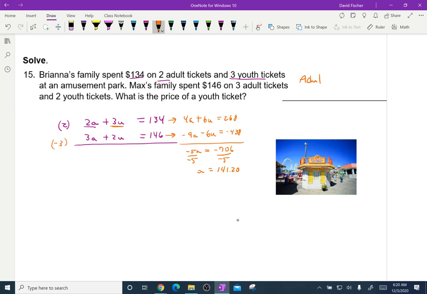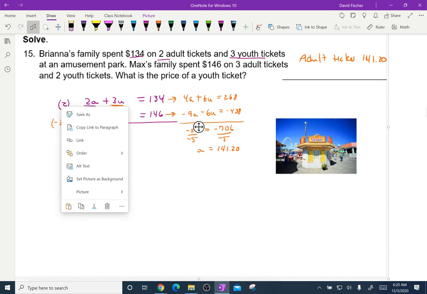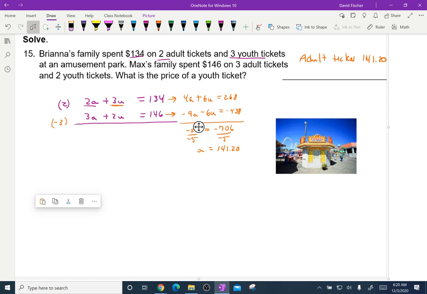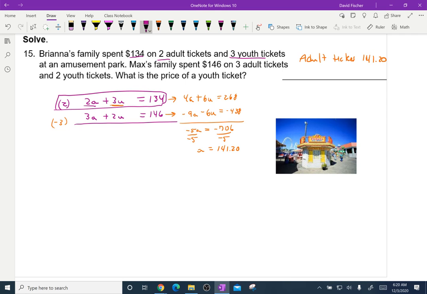So my adult tickets were $141.20. Let's go with my youth ticket, and then I'm going to check it, because again, that seems kind of like a weird cost for a ticket, but maybe there's tax or something. So I'm going to plug it into my first equation here. So I'm going to say 2 times 141.20 plus 3